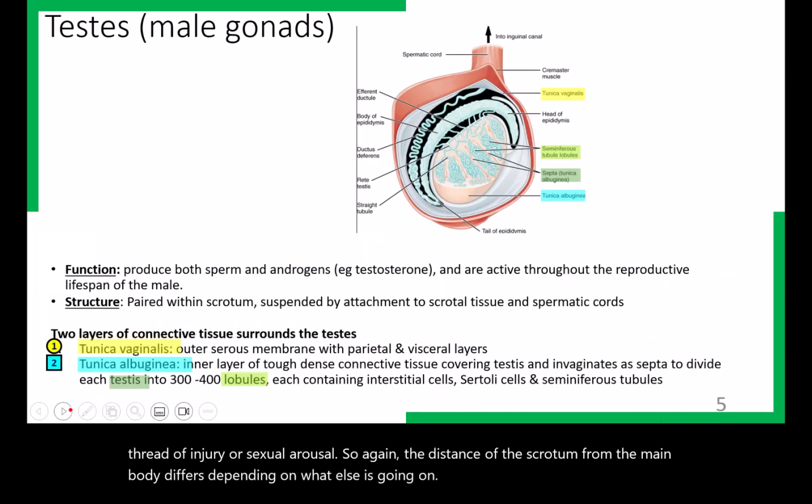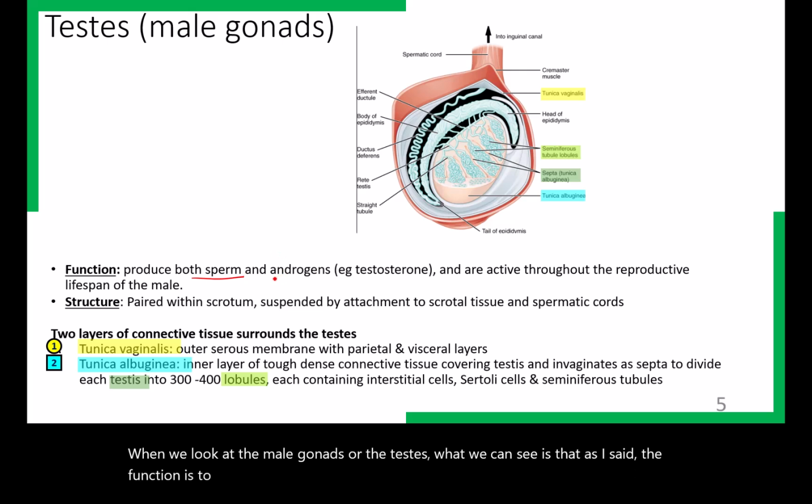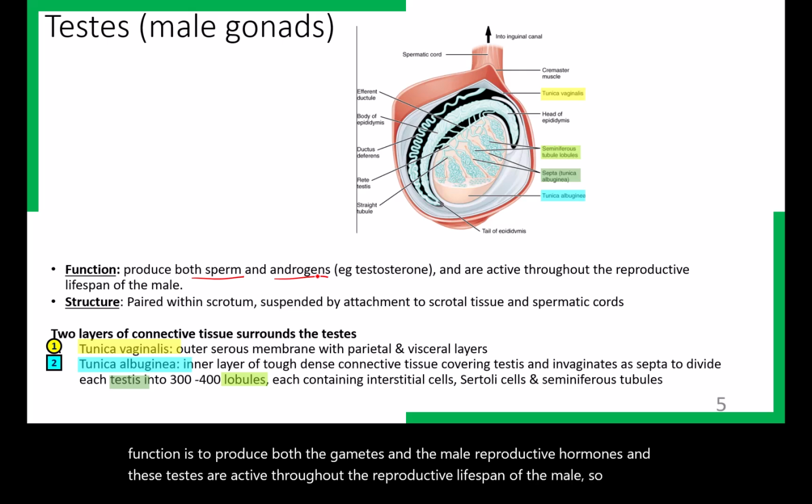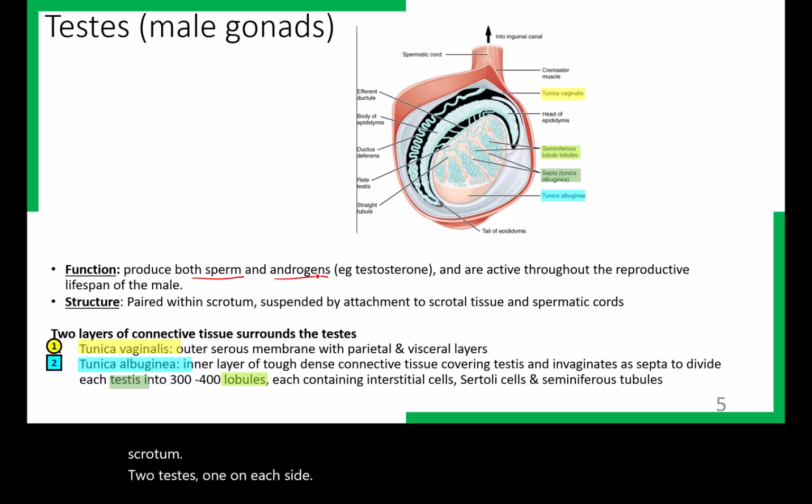When we look at the male gonads or the testes, what we can see is that, as I said, the function is to produce both the gametes and the male reproductive hormones, and these testes are active throughout the reproductive lifespan of the male, starting from puberty up until the death of the person. And the testes are found within the scrotum. Two testes, one on each side, and as it says over here, each is suspended by attachment to the scrotal tissue